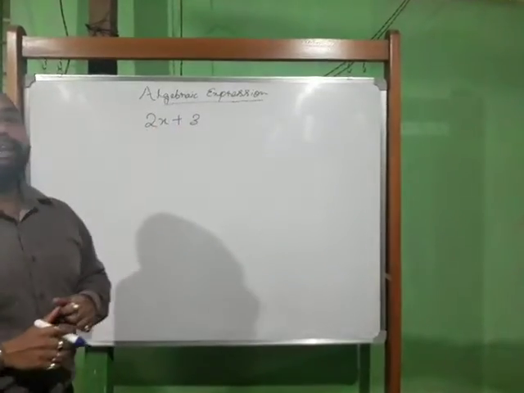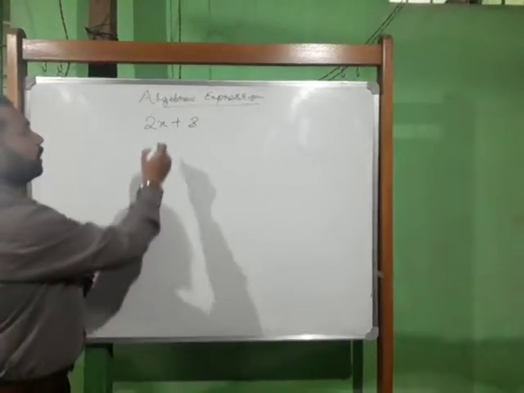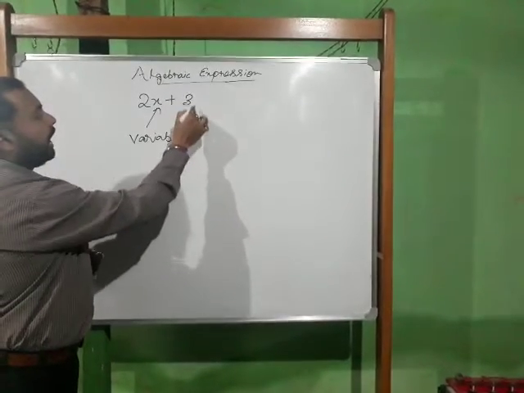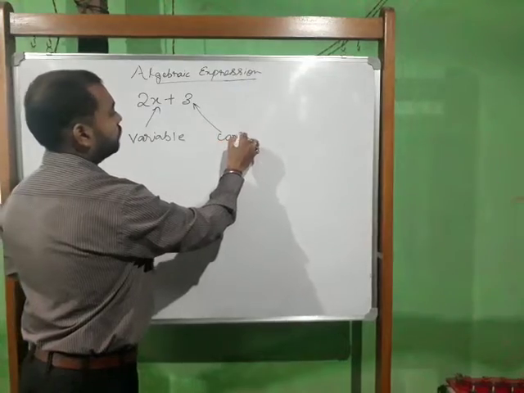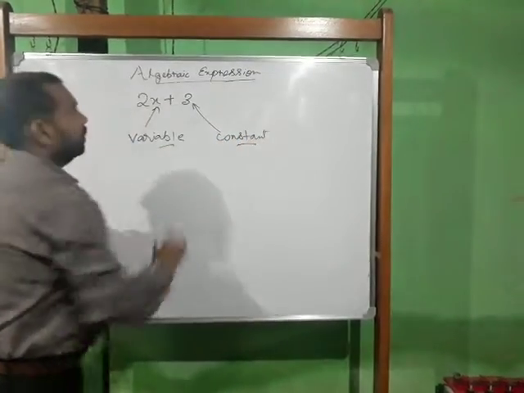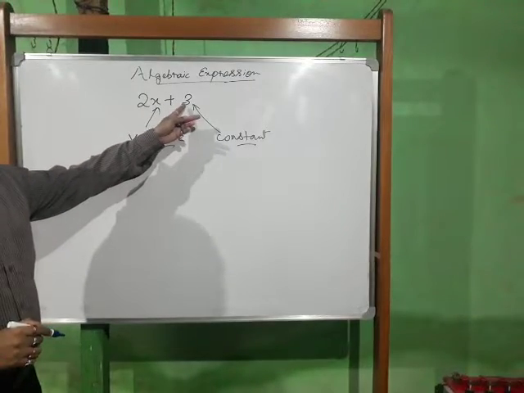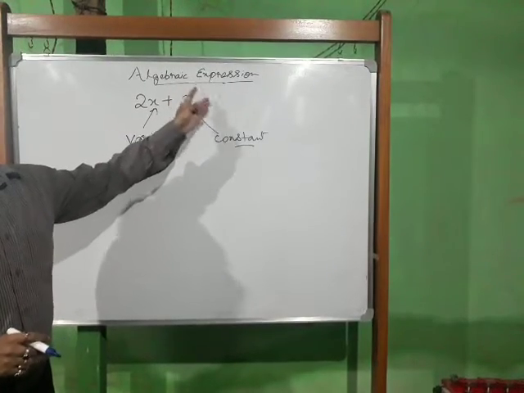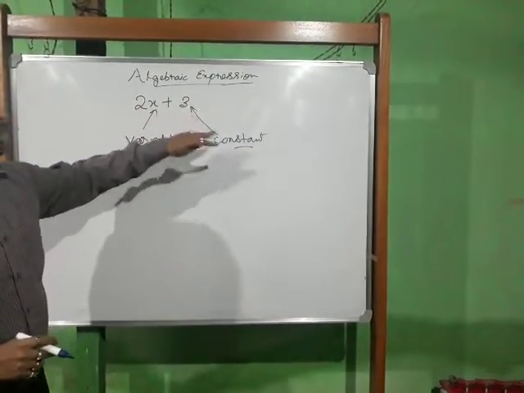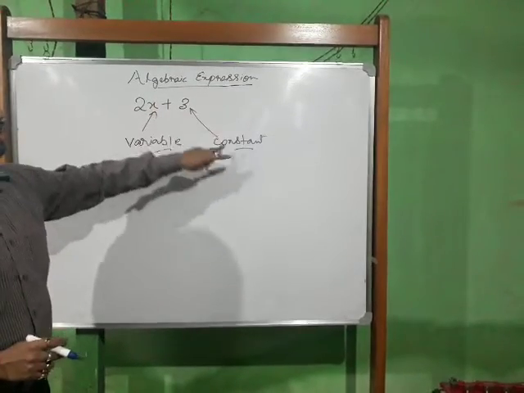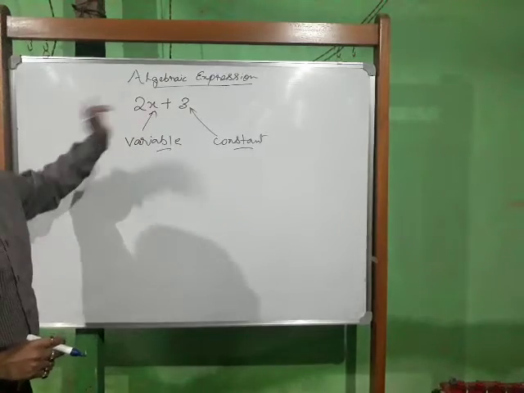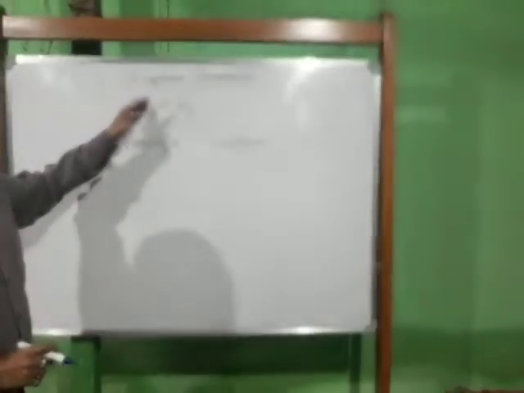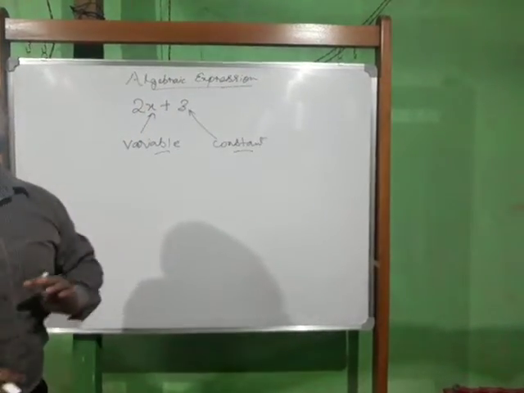Now what is variable and what is constant? Let me explain one by one. Here x is the variable, and 3 is constant. You see, with this constant, that is 3, there is no variable. Variable means a, b, c, d, x, y, z, whatever we write, that is variable. Here there is no variable, so this is a constant. Here you see, with this 2, one variable is there, that is x. So why is it variable? Because this x can be of any value.